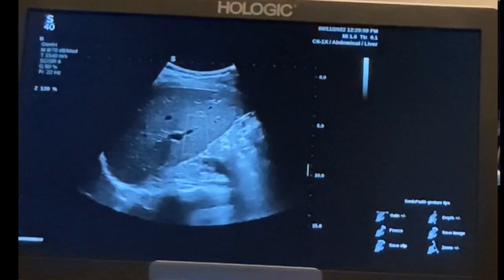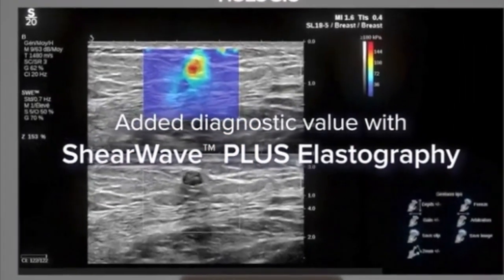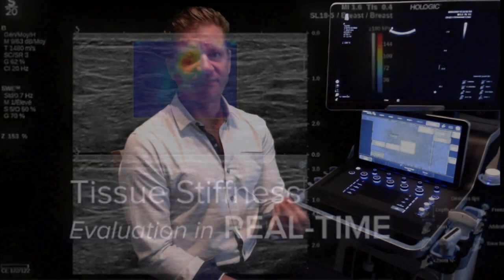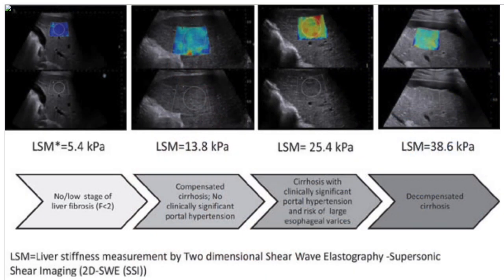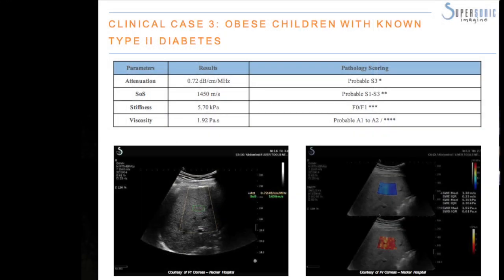There are 2 technologies. One is 2D shear wave elastography. Elastography takes a quantitative measurement of the stiffness of tissue, and it will stage it from F0 to F4. F0, they have no fibrosis. F4 is cirrhosis. And everything in between is a combination of either fibrosis, and as you get closer to F4,